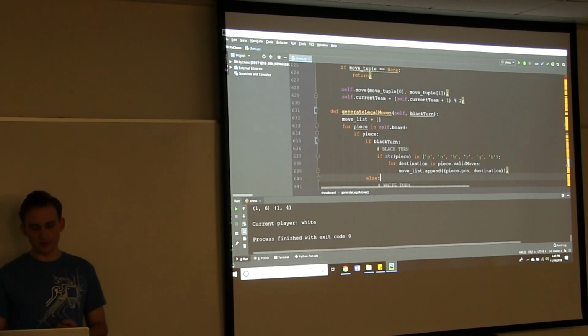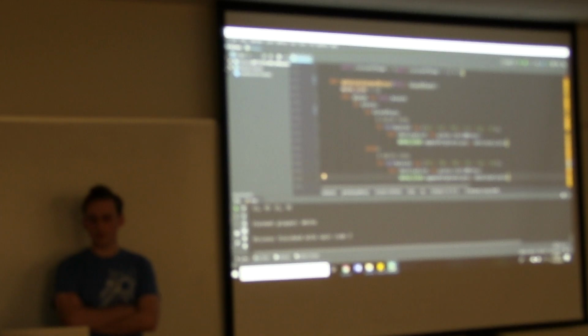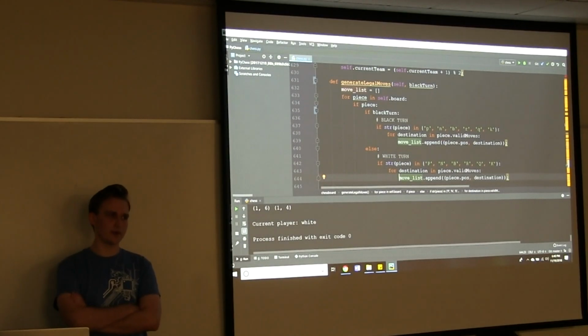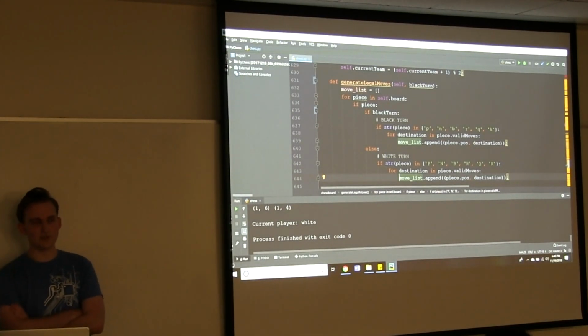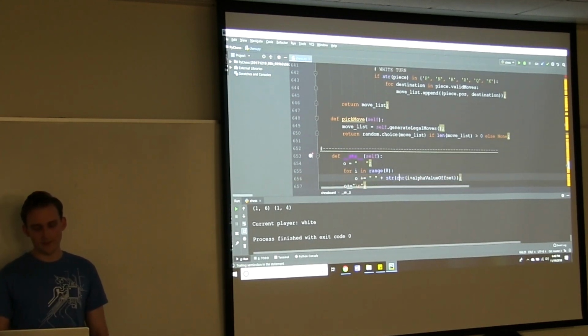So anyway, this function will return every possible move for the player, and we pass in which player at the start, whether it's black or white. So essentially this gives you all the options, all the leaves in the tree for one particular game state. And this is very important because later on we want to figure out which move is actually the best one to make. So first of all, you need to be able to actually find all the moves. That's kind of our first step. But as we saw, we're not exactly making an intelligent decision with that move list quite yet. So that is our next step.